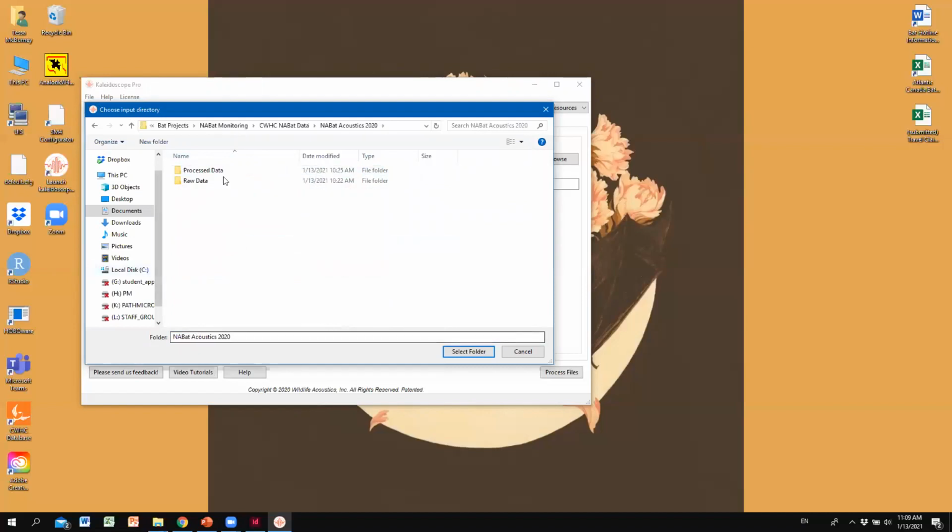So it won't look exactly like that, but you're going to go into raw data, stationary survey, and just whichever site you want to start at. I'm just going to start from the top, and you're going to select the data folder. Okay, so select that